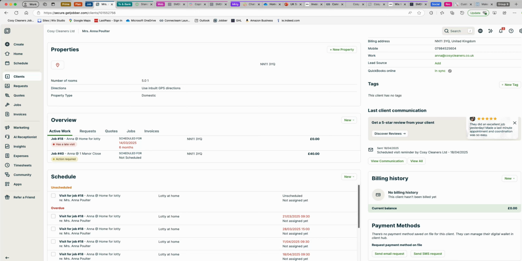So the things that we were planning to do in Go High Level, there is an issue that perhaps with the upgrade to the next version, we can use the marketing, the receptionist, we can do the reputation management, and then maybe we don't need Go High Level at all, or that's just for some more sophisticated email marketing and advertising and so on. So slight question mark over that, because there's definitely more capabilities in Jobber than I anticipated